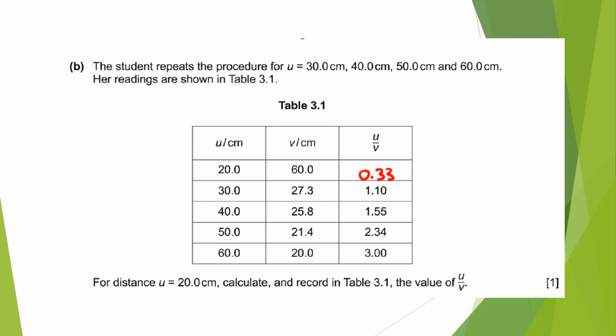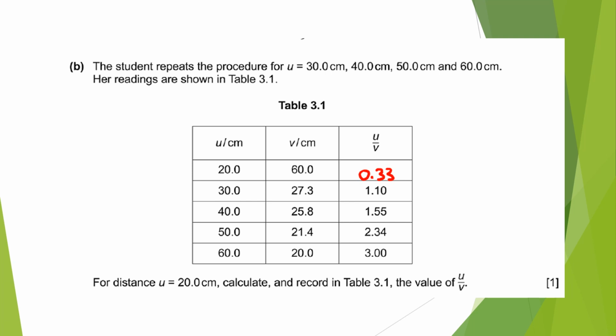Part B. The student repeats the procedure for object distance u equal to 30 centimeter, 40 centimeter, 50 centimeter and 60 centimeter. Her readings are shown in table 3.1. So clearly the first column is object distance: 20, 30, 40, 50, 60. The second column is image distance: 60, 27.3, 25.3, 21.4, 20.0. If you observe the values in this table,